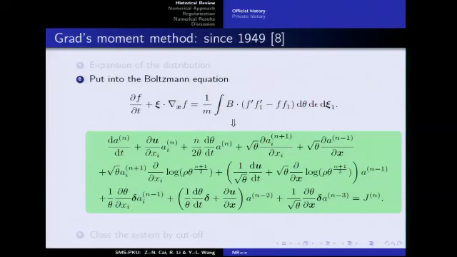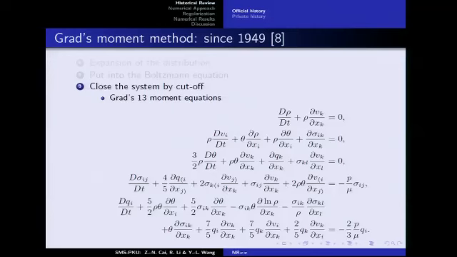Actually, this is an infinite ordinary differential system, and to carry out a numerical simulation or do some analysis, we should cut off this expansion at a certain expansion order m, and so this is the very classical Grad